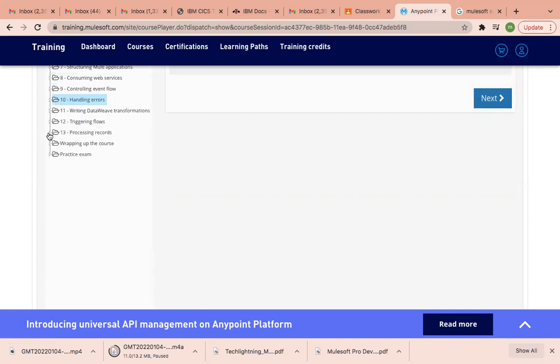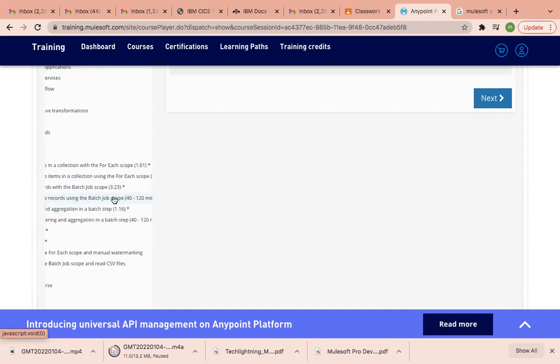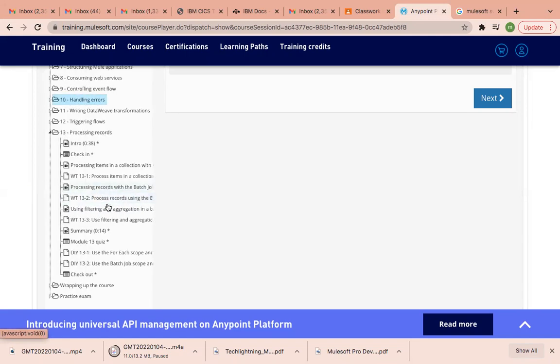But what you have to do, see, suppose you logged in, this is 40 to 120 minutes. After 30 minutes, you close it. There is no use. At least finish this, get the tick and come out of that, not in the middle of the thing. I don't know how it will treat it, whether it will count it or not. But we finish in the span of 2 days.